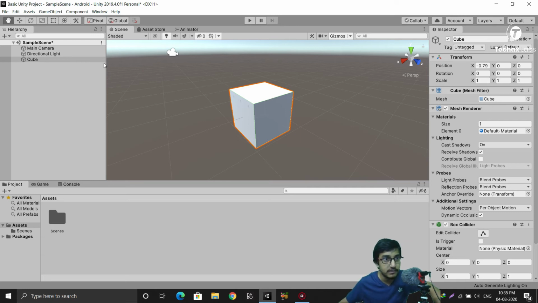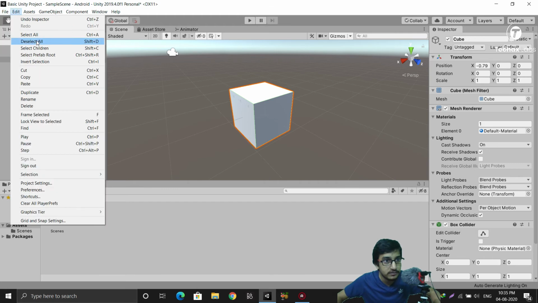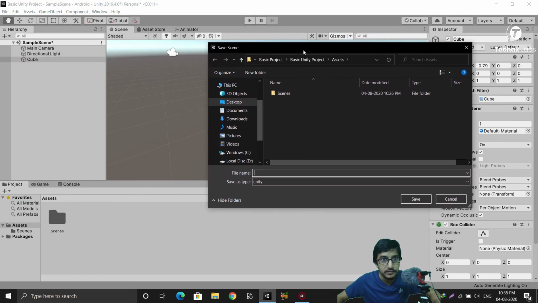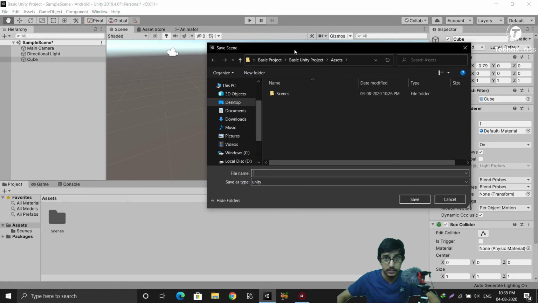And how I was saving my scene, I will tell you. If you are saving your scene for the first time, you have to select File, Save As, and here you can see it's asking for a location where you want to save the scene. By default it's saved in Assets. And one more thing to notice here, this Assets folder and this Assets folder in the project window are both the same. This Assets is representing this folder in my drive, and similarly this is the same view.